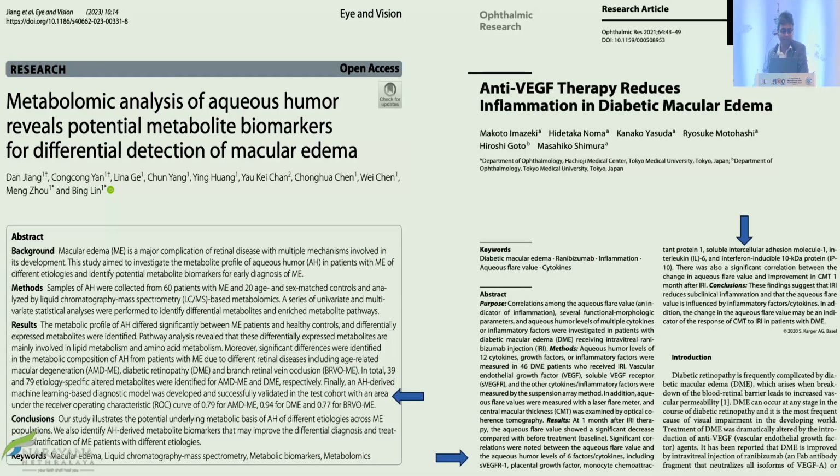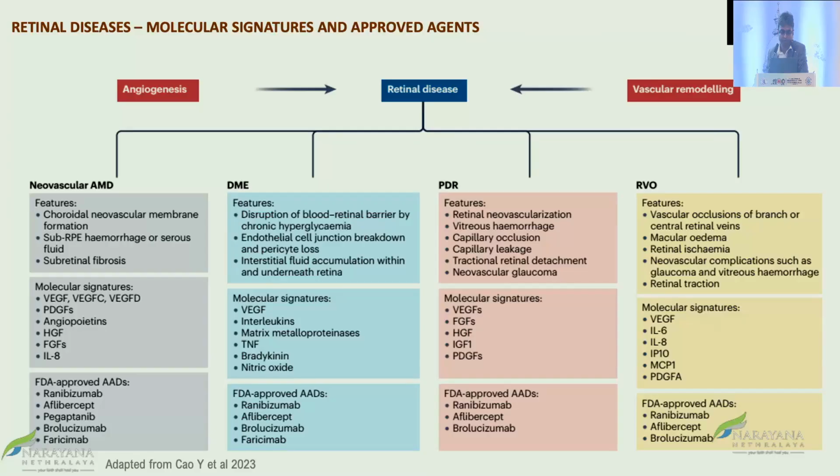diabetic macular edema. And these are the newer papers which again reiterate the same thing, saying that these biomarkers are extremely important and these need to be targeted. You can see these 6 biomarkers that are mentioned here, including VEGF, ICAM and all, which play an important role in diabetic macular edema and diabetic retinopathy.